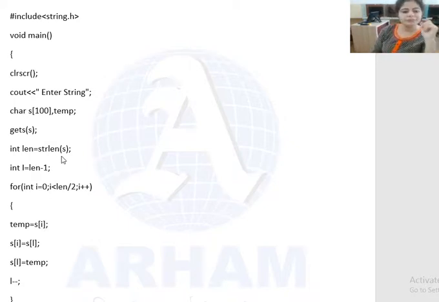So students, in this statement we have declared the string, then we have applied the gets function, then we have applied the string length function to calculate the length of the string and store that value in the length variable whose data type is integer. It means it will contain a value like integer 6 or integer 4, whatever the length of the string is. Now the next step is to decrement the length by 1 and transfer that value into integer L.